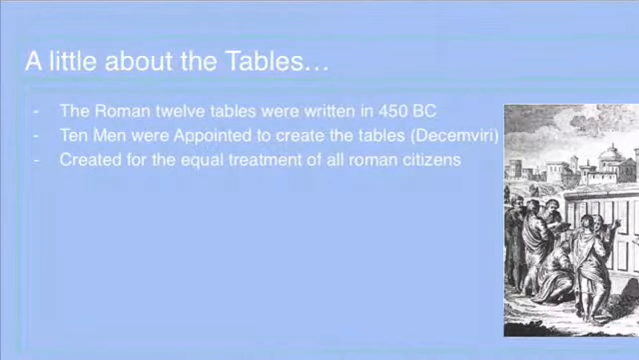Here's a background on the Roman 12 tables. The Roman 12 tables were written in 450 BC, which is 423 years before the empire was even founded. A group of 10 men were elected to create these laws in 455 BC for both patricians and plebeians. These men were called decemviri, decem meaning 10 and viri meaning men. By creating these tables, the Roman government would be able to have laws written down so the government could treat